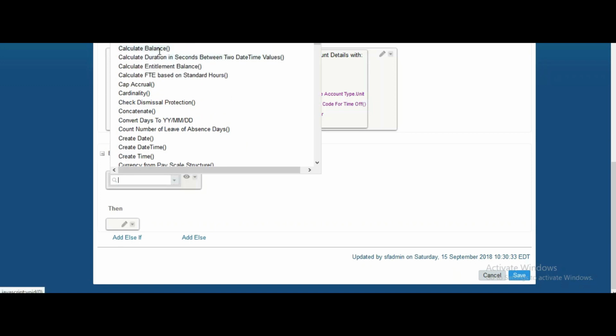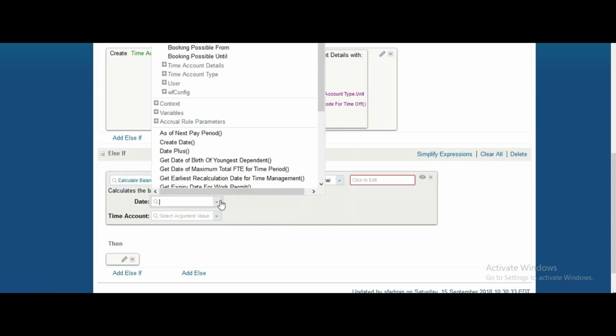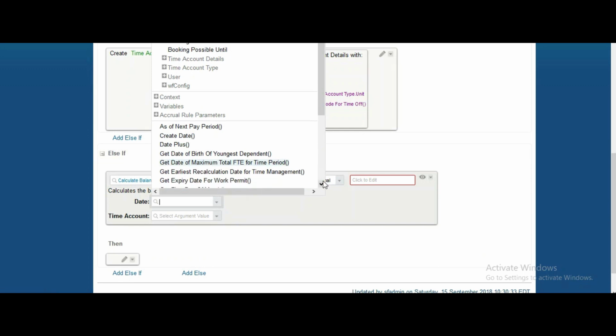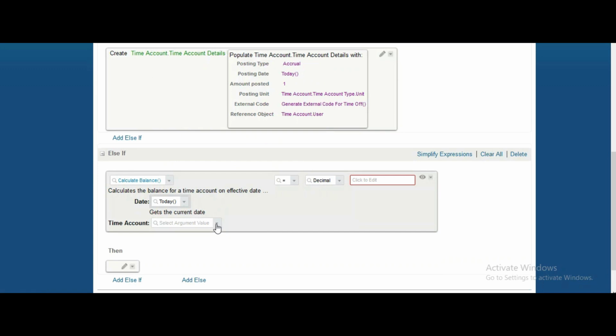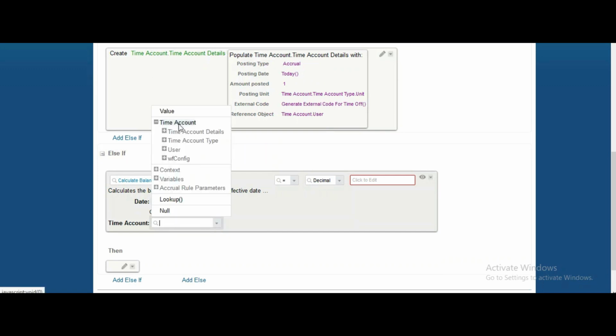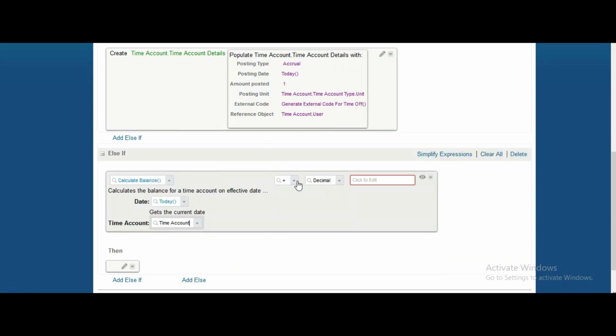For this one, we can use calculate balance, and the balance date should be today's date, and the time account should be the employee's time account, and that should be greater than 0. Then only this deduction should happen for comp off expiry. And the second thing,